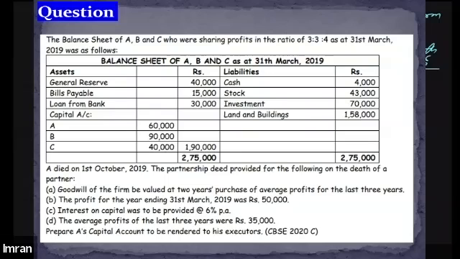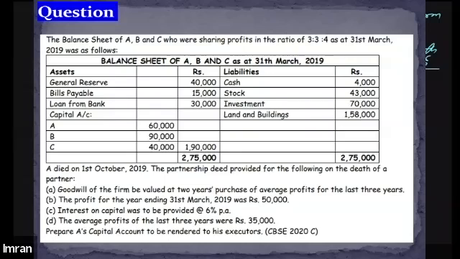Tell me the amount that will be transferred to the executor's account. 1,02,300. Okay, and you tell me, Prerna. 99,550. So this is the amount that will be transferred to the executor's account. I think you have made some mistake, I guess.